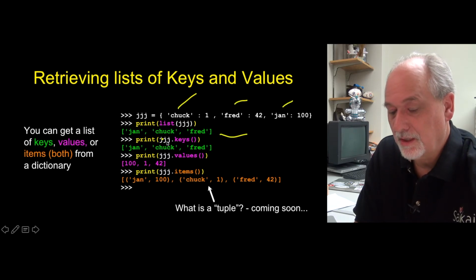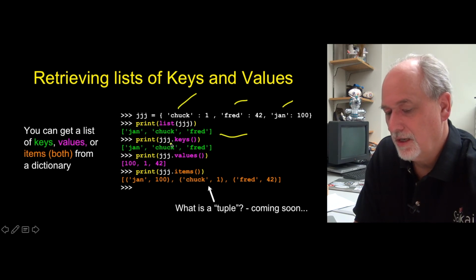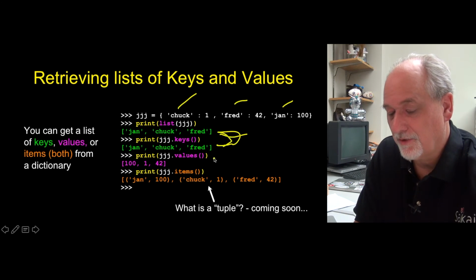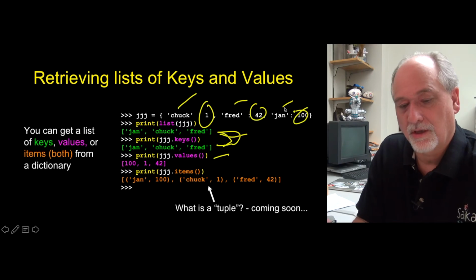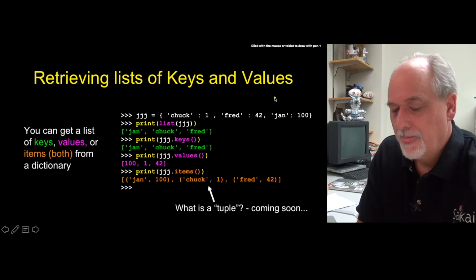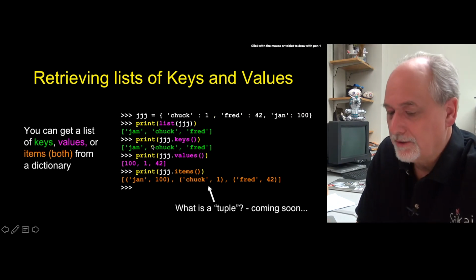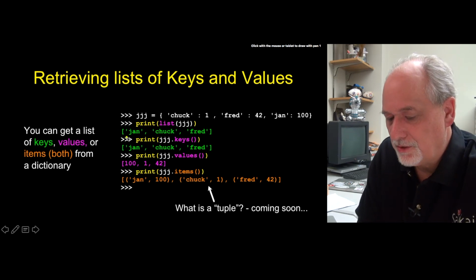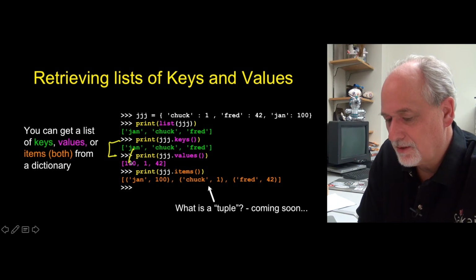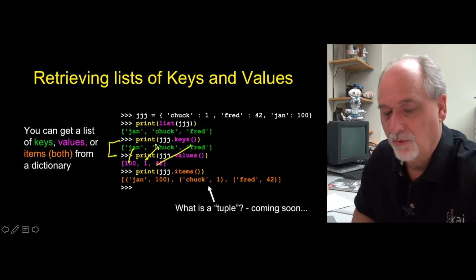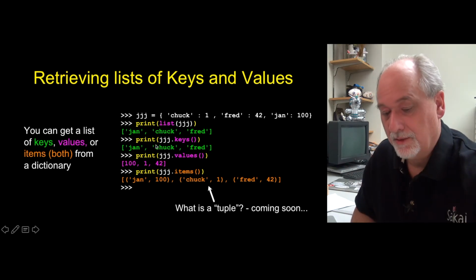You can also get a list of the keys by using the keys method. So that's take this dictionary JJJ and give me all the keys, which gives me a list, which is kind of the same thing. And then we can ask for the values, and they give me just the values extracted out of this dictionary. So that's nice. Now the one thing is that while I said you can't predict the order, if in 2 statements you ask for the keys and then the values, they at least come out in the same order, even though you can't necessarily predict the order that they come out. They come out in the same order.